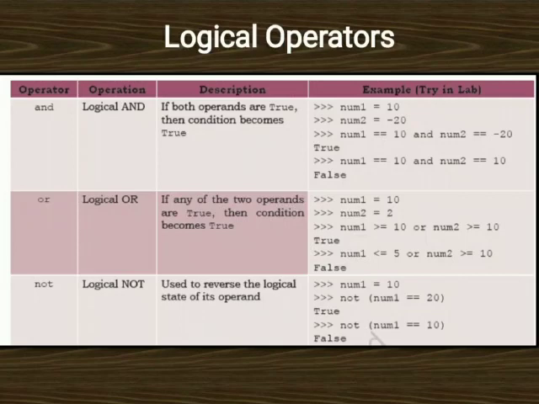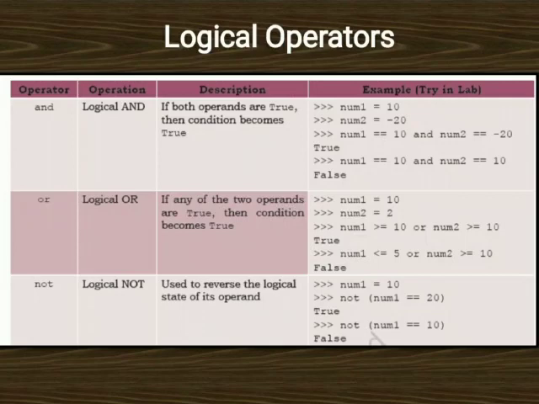I will explain with the help of an example. Now you have to appear for the board exam. School will not give you a permission letter until and unless your attendance is 75% and you clear your pre-board exams. So both the conditions should be true. Then only you will get the permission letter, otherwise not. So we have understood in logical AND, if both the conditions are true, then the result is true. Otherwise the result is false.